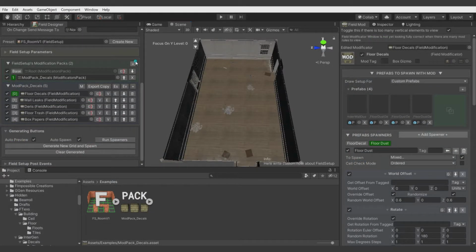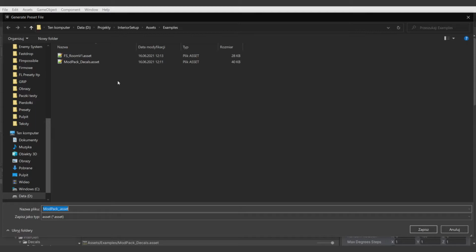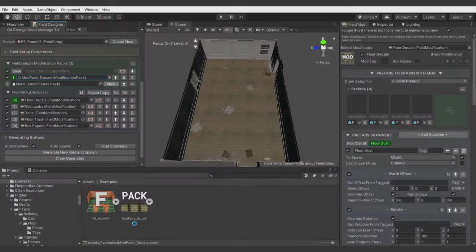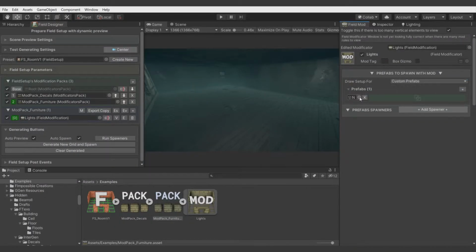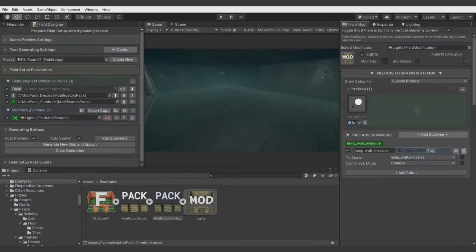Now let's add another modificator pack. Let's call it mod pack furniture. And the first thing we want to add will be some lighting. So let's add first a fill modificator, keep it in, call it lights, and let's add a prefab of a lamp. Let's add a spawner, call it light,